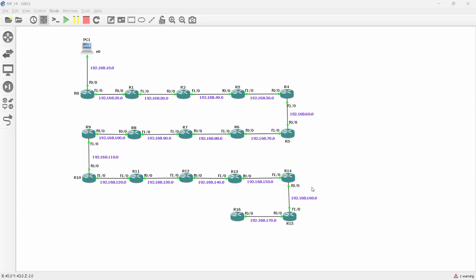Now R14, router 14, will install the information about 192.168.10.0 with hop count of 14 and will advertise it to R15 with hop count of 15. Now R15 will, now, what do you think will happen here? Let's see. So if you see at R14,